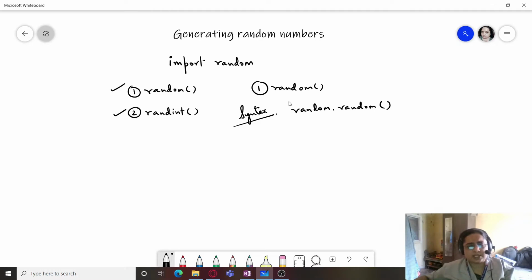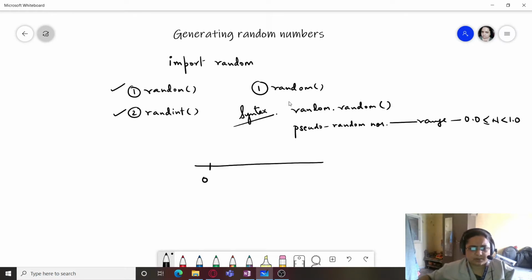This function generates pseudo-random numbers within the range 0.0 and 1.0.